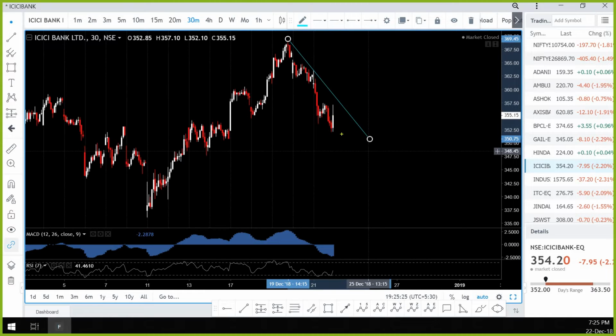pay attention to this one, because once they tag it, they'll give you a sell setup. So near this trend line, it's a good possible trading zone for us. Either way, as long as you're away from that zone or from that level, it's not tradable, or you can say it's not predictable for the next move. But once it comes to that zone, it's very crucial,